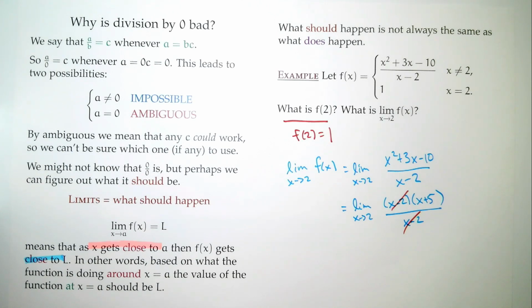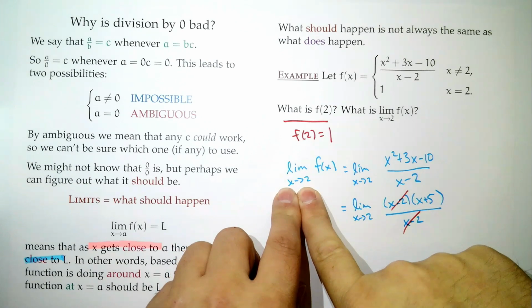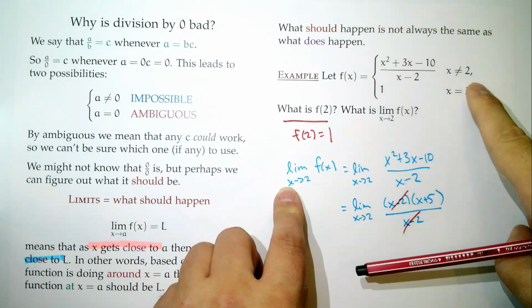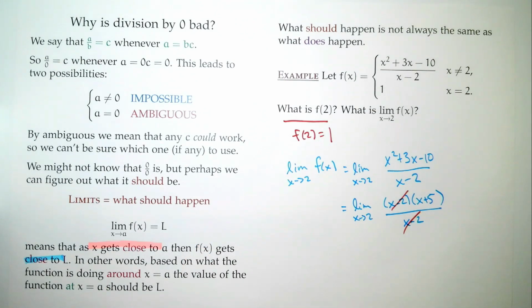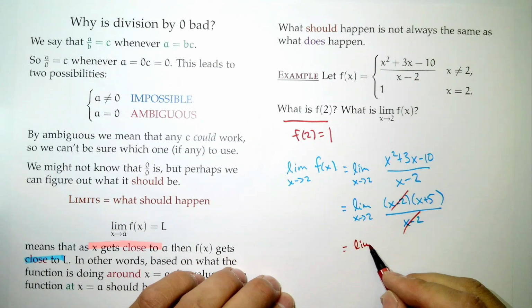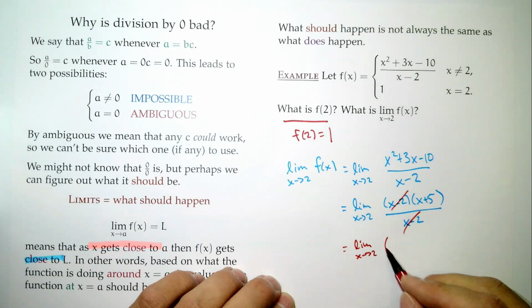Are we okay? How do we know that x minus 2 is not 0? Because x does not equal 2. Remember, the limit says don't look at the point, look near the point. And so we're away from 2, so we're okay. There wasn't a chance that we somehow canceled zeros. So good. All right, so we now have that this is the limit as x approaches 2 of x plus